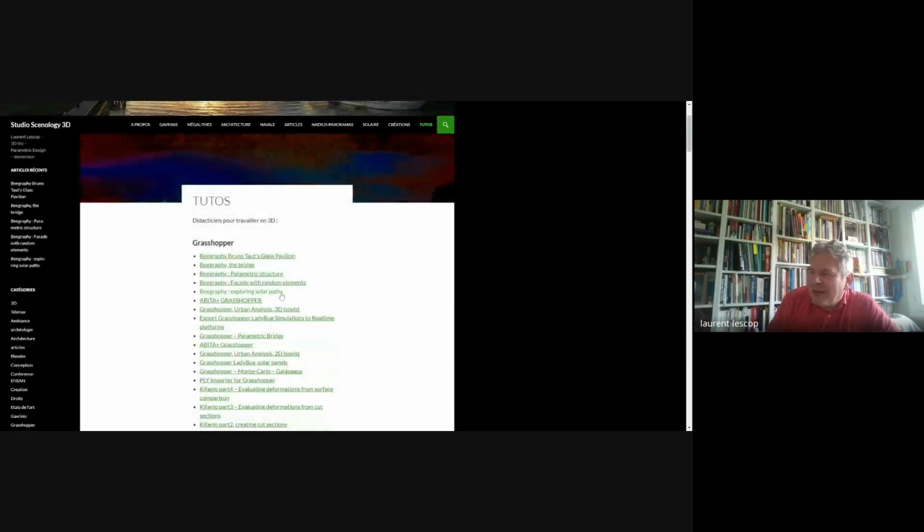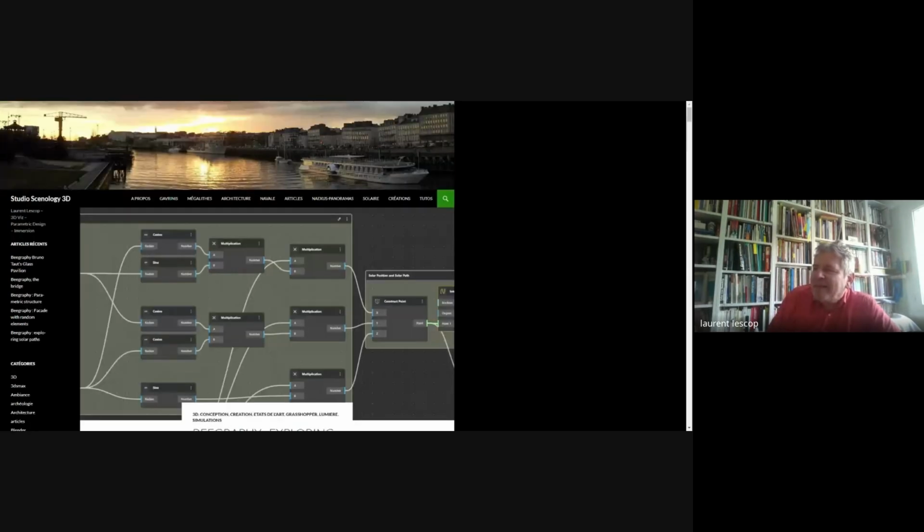And even solar paths. It was interesting because I had a student from India who wanted to study an archaeological site, and we didn't have the proper solar path from the past.